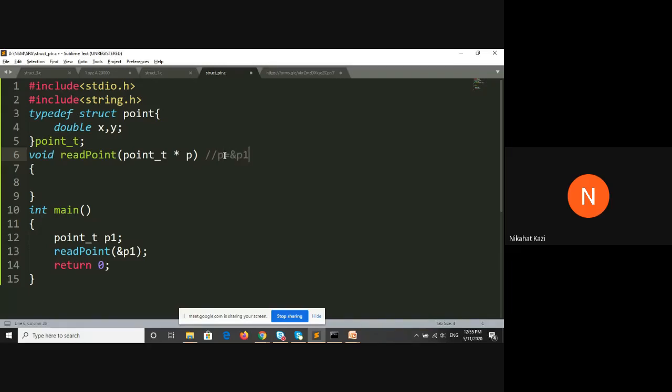So this structure pointer p, which I have created as the parameter, will indirectly point to this variable, which is in main's memory. Now inside this, we will simply write the printf and scanf statements.